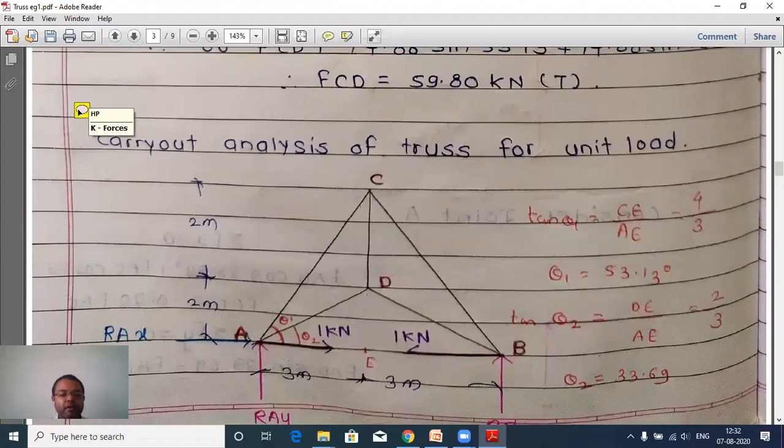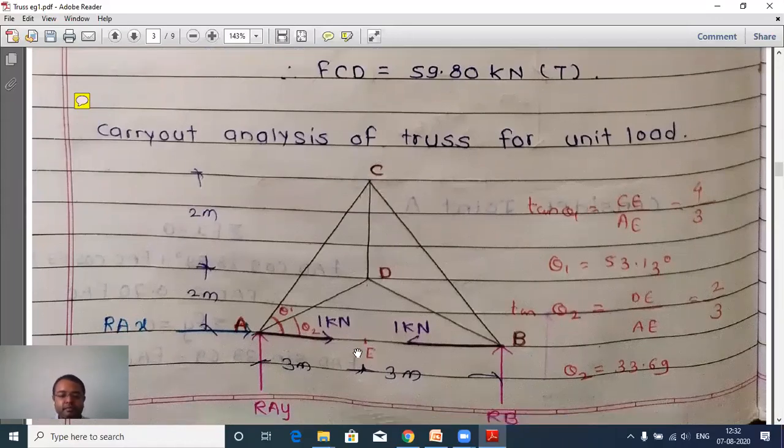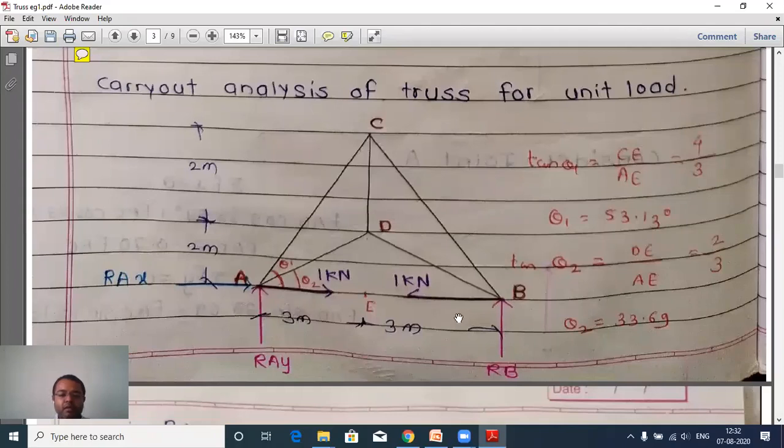Now we are going for K forces. K forces means just remove the external applied load. So if 60 kN was the external applied load, just remove that. Next, after removal of the external applied force, recall that in P forces we had removed member AB. So now add member AB back, and in member AB provide a unit tensile force.